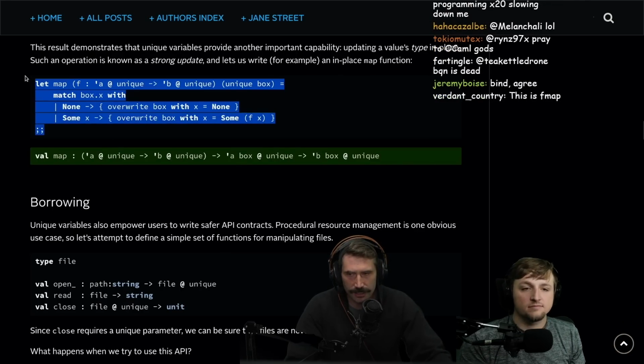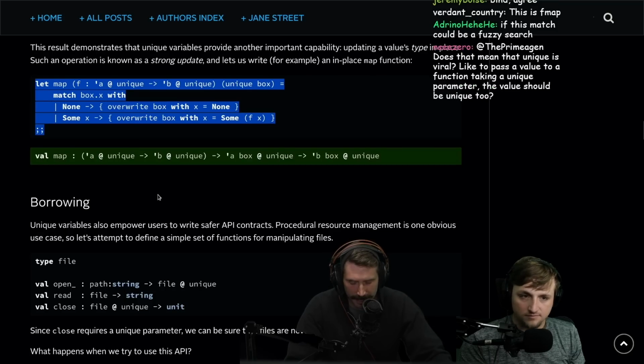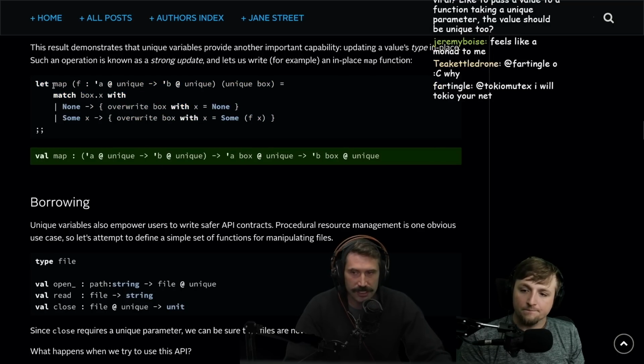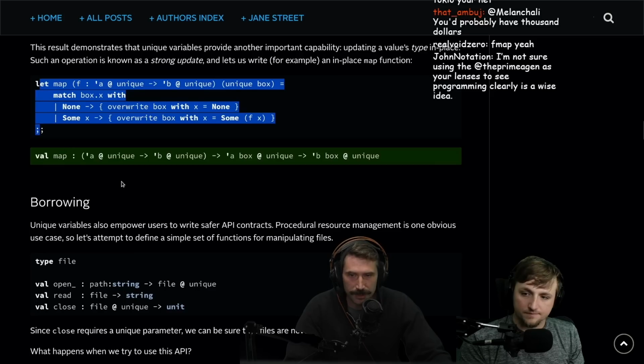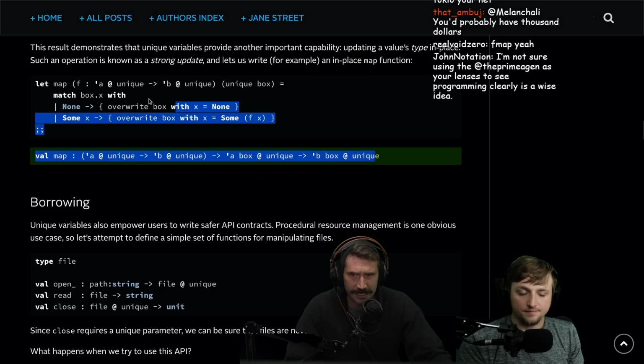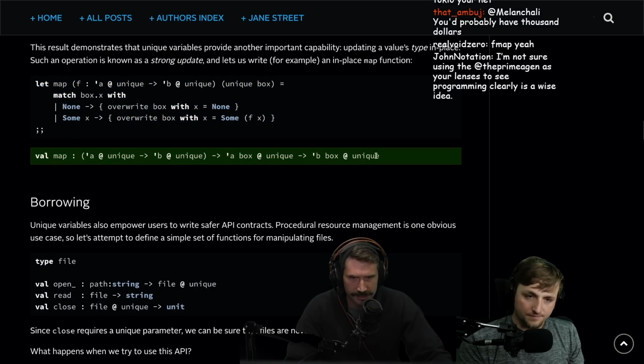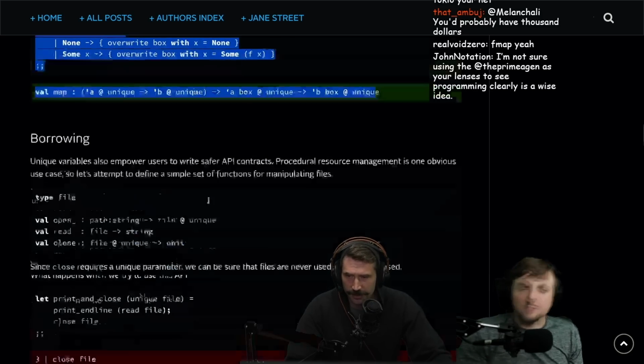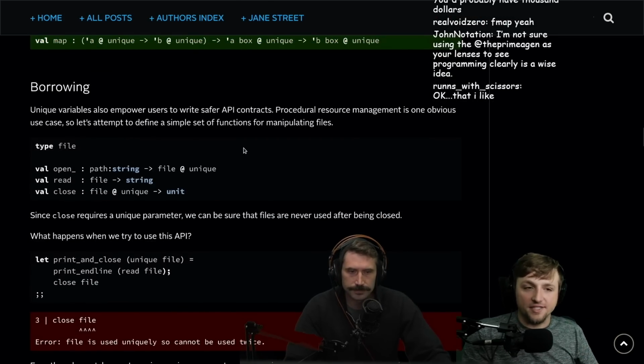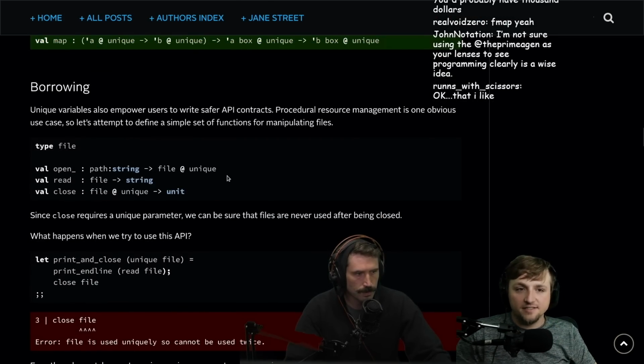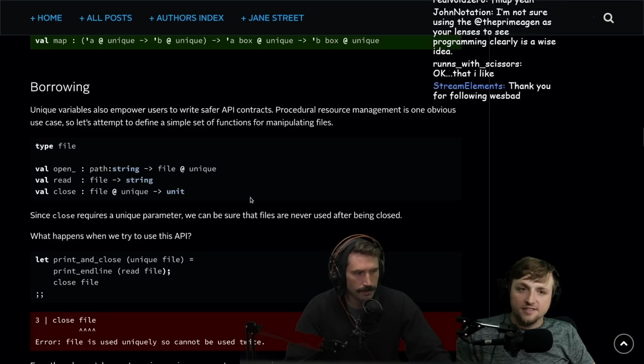Yeah, because for those that aren't familiar with JavaScript, if you do .map on an array, it creates a new array of equal size. Whereas this won't create a new array. Instead, it will mutate the given thing, it sounds like, or mutate the given items within it to be of a new type. And I assume you have to do some fancy stuff on the outside to be able to do it with an array. But this is just with a singular type. But still very cool. It's giving you the idea that this lets you keep type safety, but also not generate a bunch of extra stuff, which is very interesting.